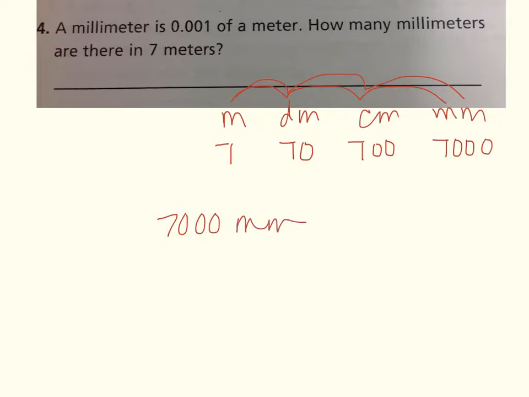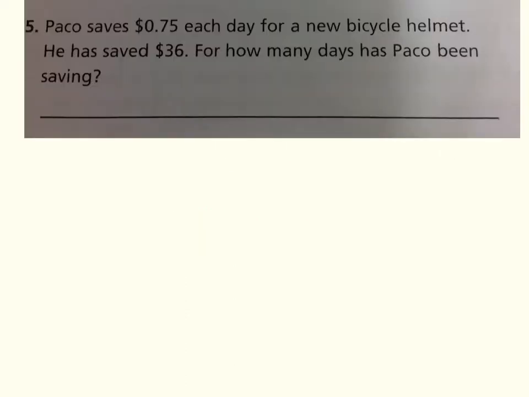millimeters in 7 meters. Paco saves 75 cents each day for a new bicycle helmet. He has saved $36. For how many days has Paco been saving? So that means what we're doing is we're taking the $36 and we're dividing it by 75 cents. Here again, we need to move over our decimal point 2. So we move this decimal point over 1, 2. I'm going to rewrite it so it's nice and neat,